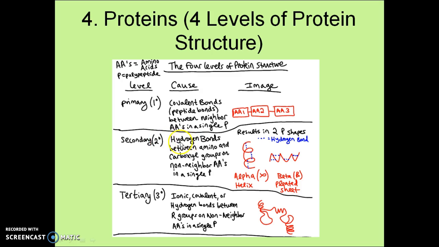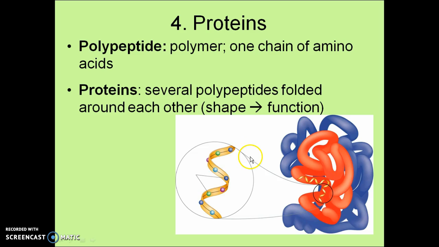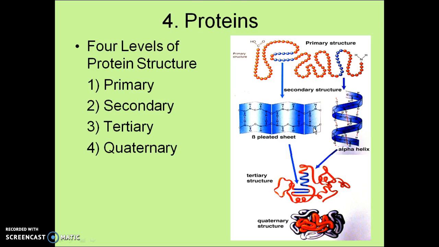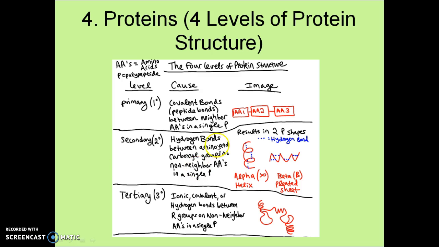Secondary structure is when hydrogen bonds form between the amino and carboxyl groups on amino acids that are not next to each other within a single polypeptide. Remember, the amino group has a nitrogen in it. The carboxyl group has a carbon double bonded to an oxygen. So within the secondary structure, hydrogen bonds are forming between those two groups on different amino acids located in different parts of the polypeptide. That results in 2 different shapes forming: either an alpha helix, which looks like a spiral,